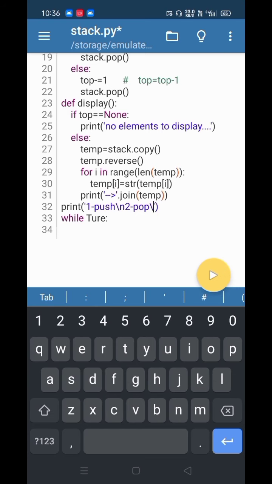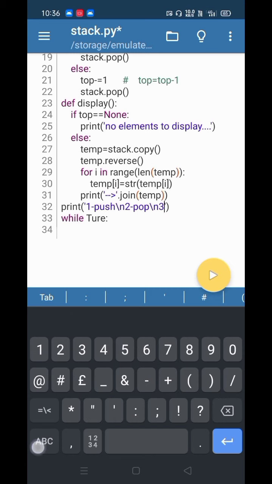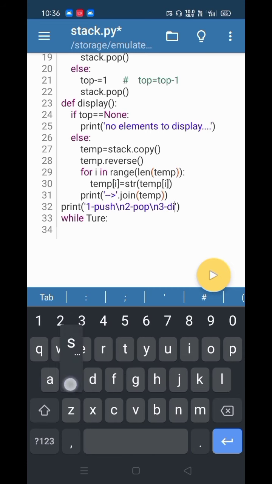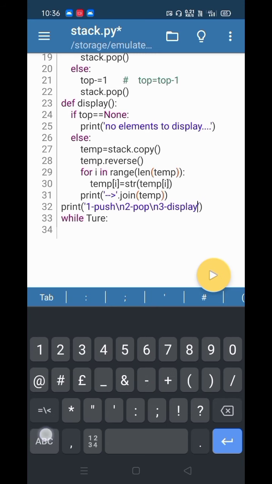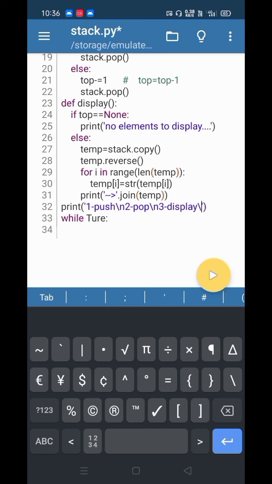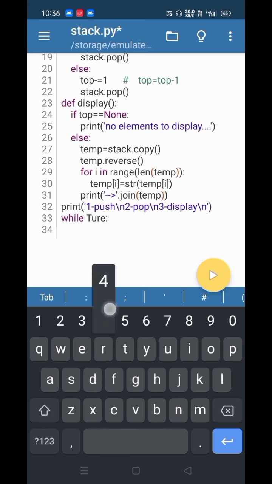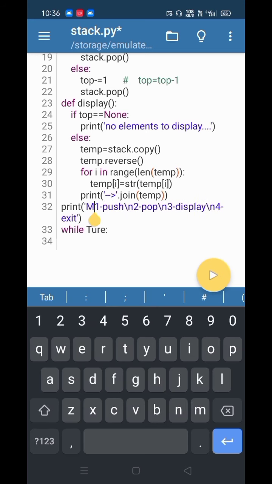To display, they should use 3. So 3 is display, and the final thing is 4, which is exit, and I will give it a heading, menu.